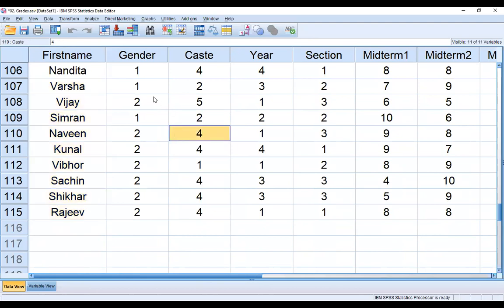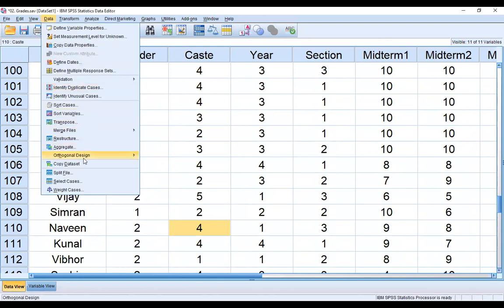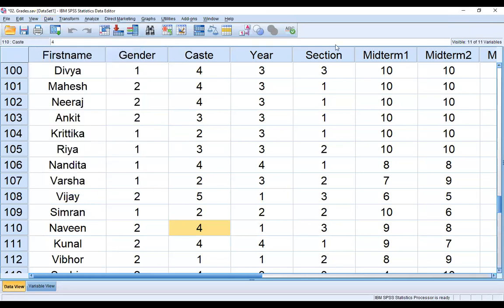How to merge two files? So we should create both the files. This file name is grade, and another file name is also grade, but in capital letters. So how to merge the two files? Go to data, here merge two files and add cases. Okay, merge files, add cases. I am adding two cases, and then after that